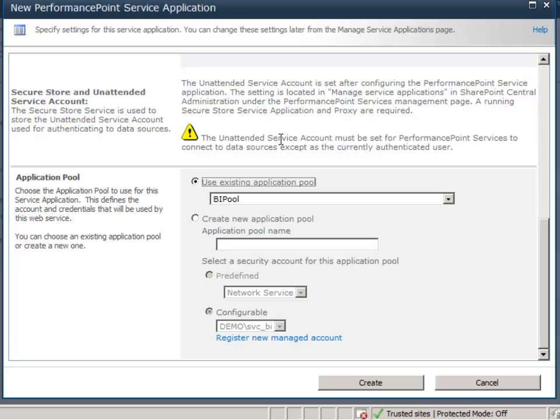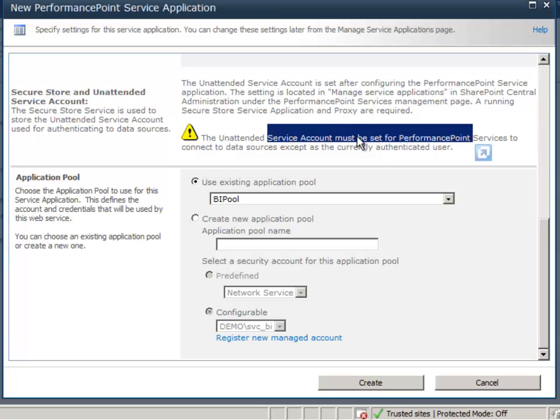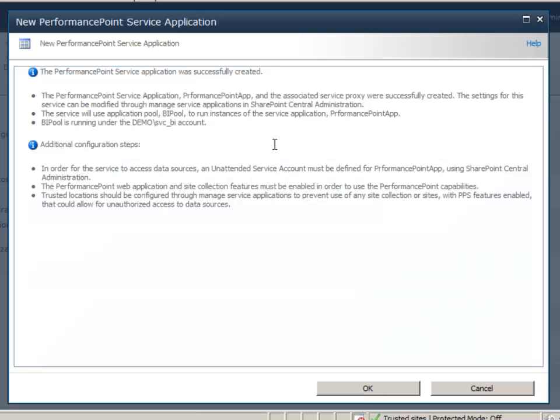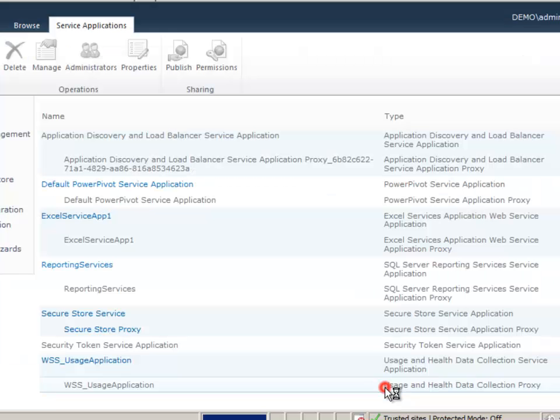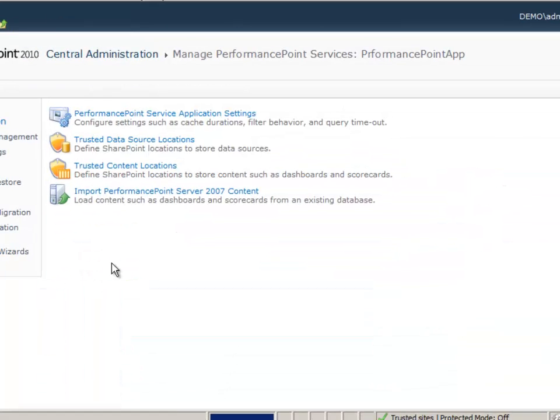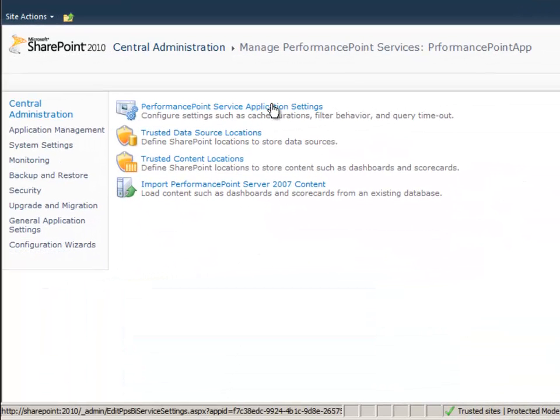This is a warning just telling me that I need to set that up, but I don't set that up now. I'll do that later, and I won't forget. Create once everything's in there. It's very fast, so that's created. And then I'm going to go into the PerformancePoint settings,